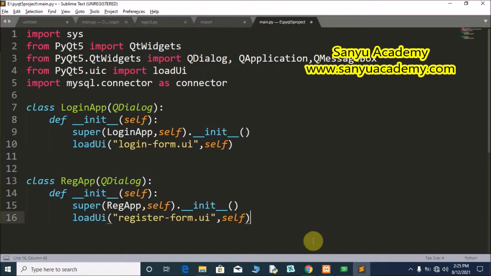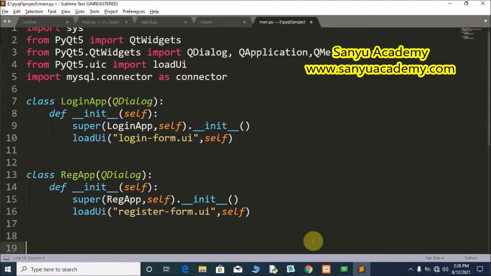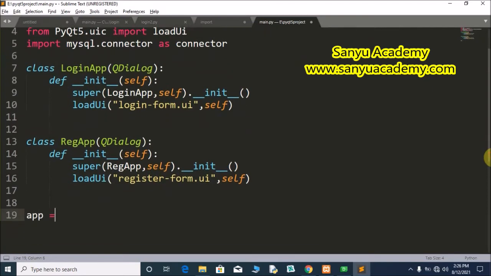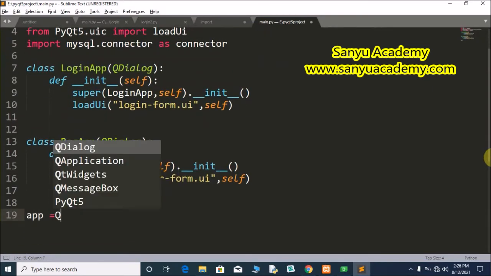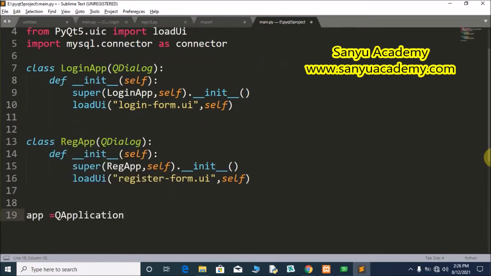Now we have to call the classes. We will start from the beginning, starting location. We will create app is equal to QApplication of sys.argv. We have to pass the sys.argv to the QApplication.